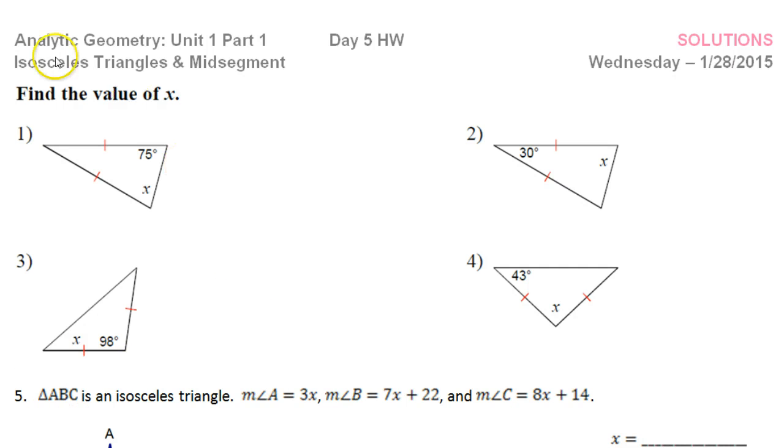This video is about isosceles triangles and midsegments. An isosceles triangle is a triangle that has at least two congruent sides. If you have those two congruent sides,